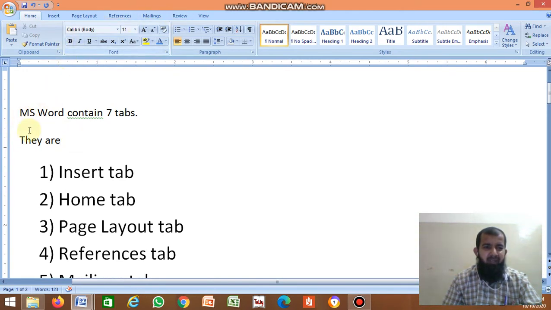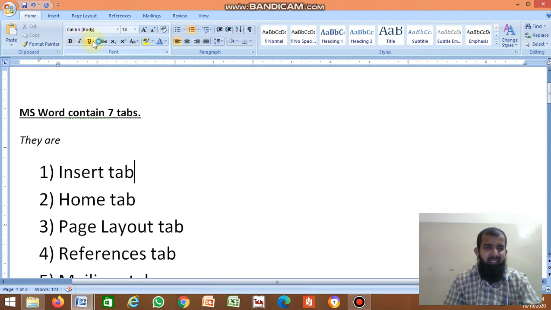Next, bold. Suppose you want this text as bold. Select the text, click on bold. It becomes bold. Then italic. Suppose you want this text italic, select it, then click italic. Then underline. Suppose you want this text underlined, click underline, like this. Clear, no?